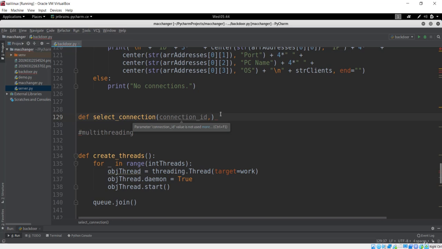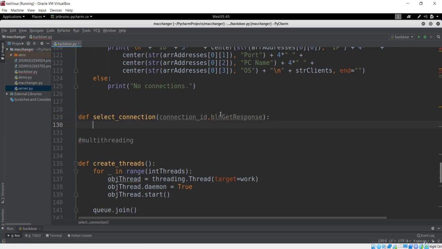The next is the response, the get response, which is the socket information. This is our second argument that we are going to pass in this select connection.